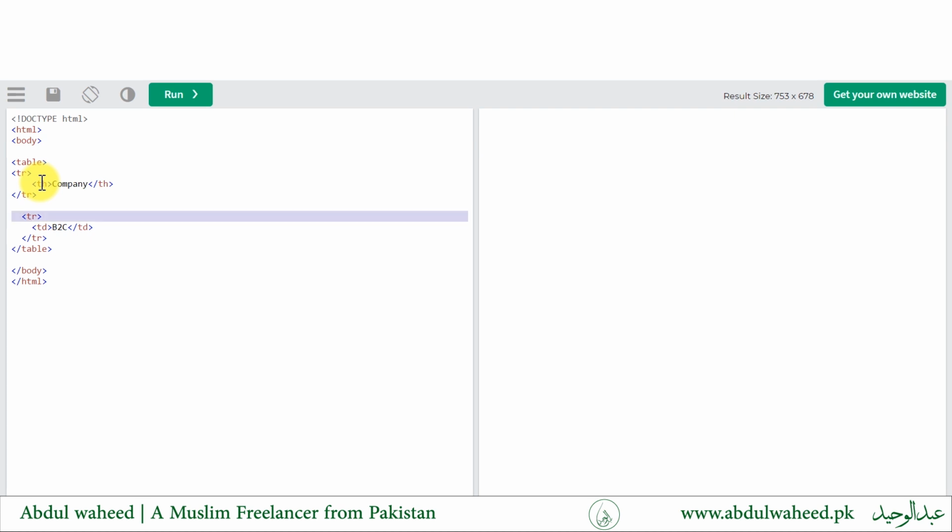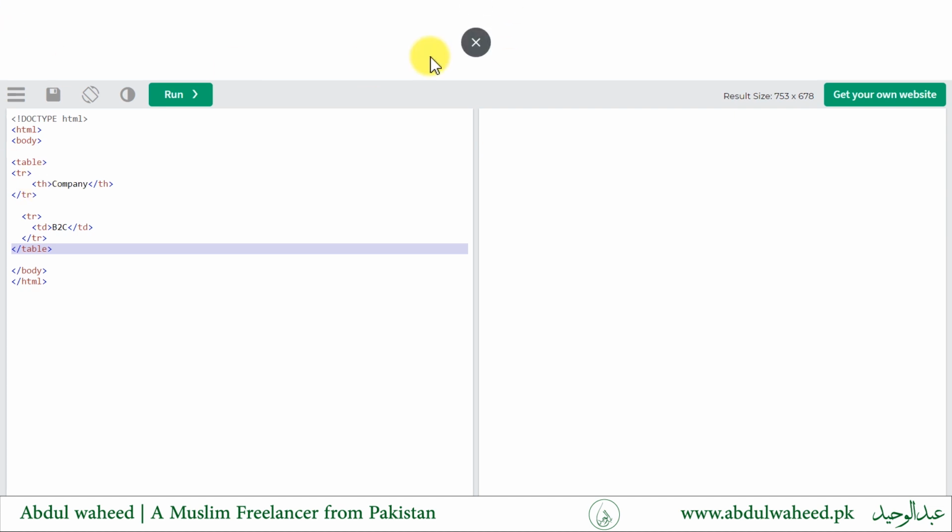Then next we will add a new table row tag and this time we will use the td table data tag, then its contents and then its ending tag. Later we will close this table row by adding the table row ending tag, and in the very last we will use the table ending tag to close the table element. Now let's run the example and see the output. The very first, the company is behaving like a title with a bolder text, and the next is a table